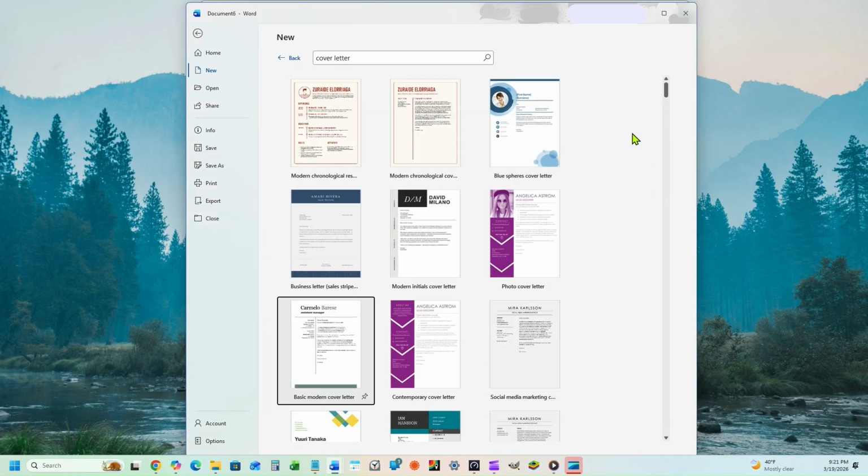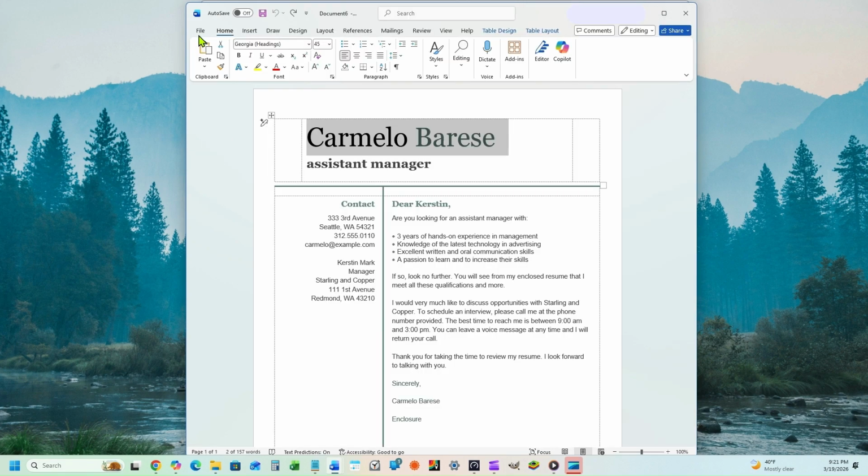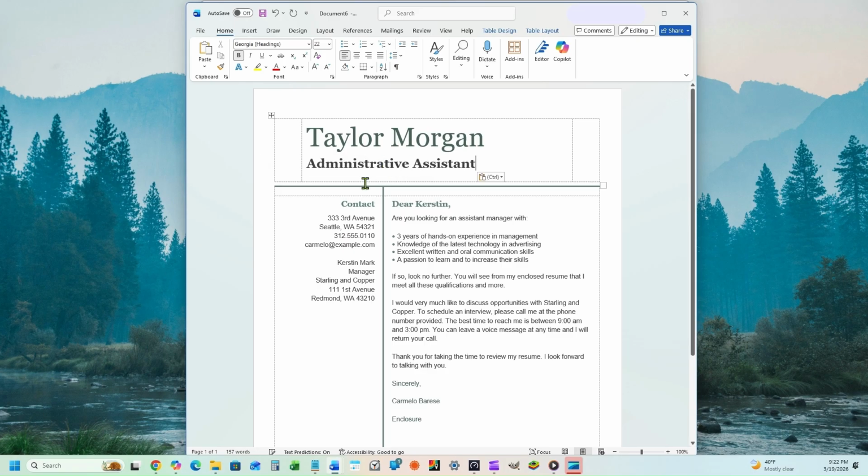At the top of the cover letter, click on the placeholder name. Delete the sample name and type your name. On the line directly beneath the name, replace the placeholder job title with the one you are applying for. Move to the address line beneath the contact header. Replace all of the placeholder information, including the address, city, state, zip code, telephone number, and email address, with your